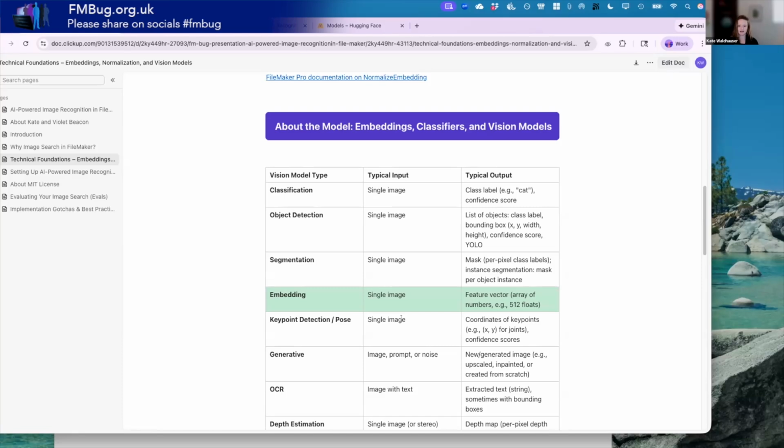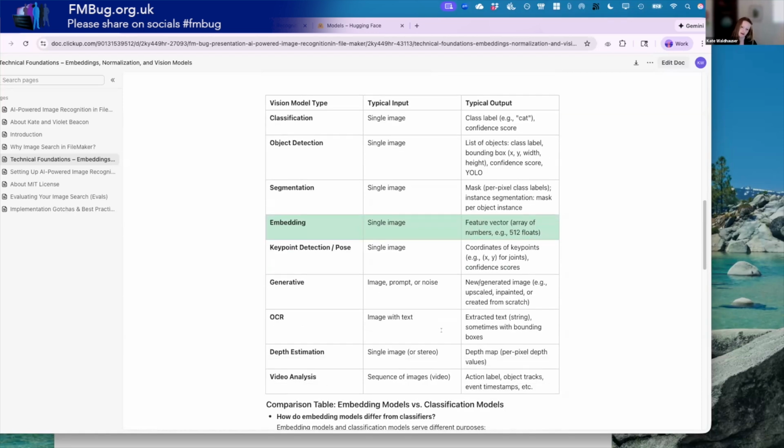Segmentation, and then embedding, that's the one I have highlighted because, of course, that's the type of vision model that we want, where we can upload an image and the return will be this vector or this embedding. There's also key point detection, which returns coordinates of key points. Generative, of course, is what we're using with AI when we want to generate a new image. OCR, so with the Get Live Text function in FileMaker, I believe it's reliant on the OCR model built into